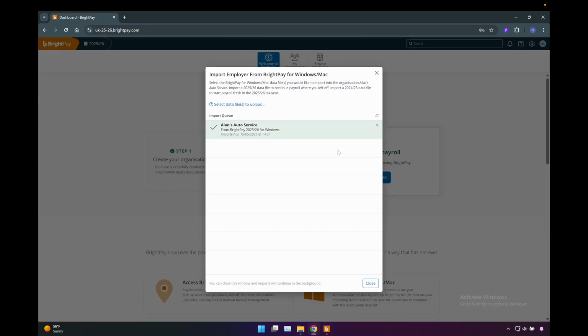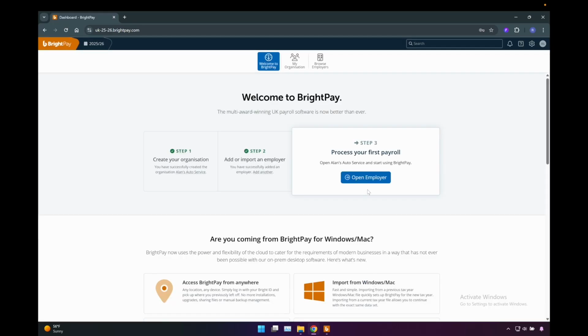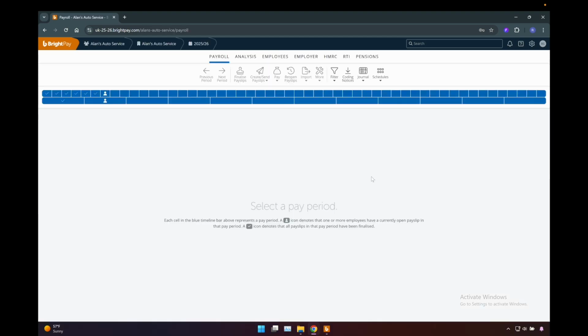And as you can see, it's a very quick import process. When it's completed, it'll be highlighted in green, and then we can hit close on the bottom right. And now we're on to step 3, process your first payroll. So I can click Open Employer, and current users of BrightPay Desktop,